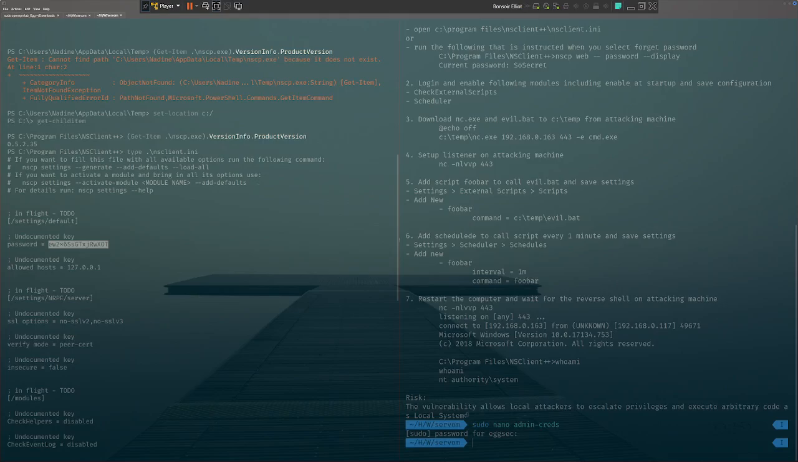and then allowed hosts. So this is only allowing connections from localhost. So we're probably gonna be looking into doing some port tunneling, because